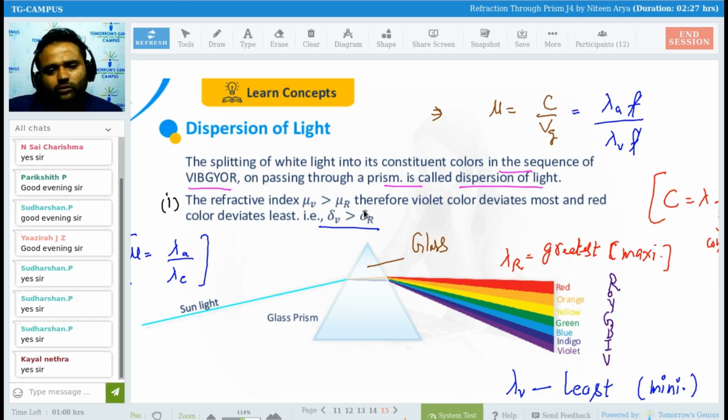So this is the refraction, and there is a breaking into 7 color components. The red color deviates less, and the violet color, this is my violet, deviates